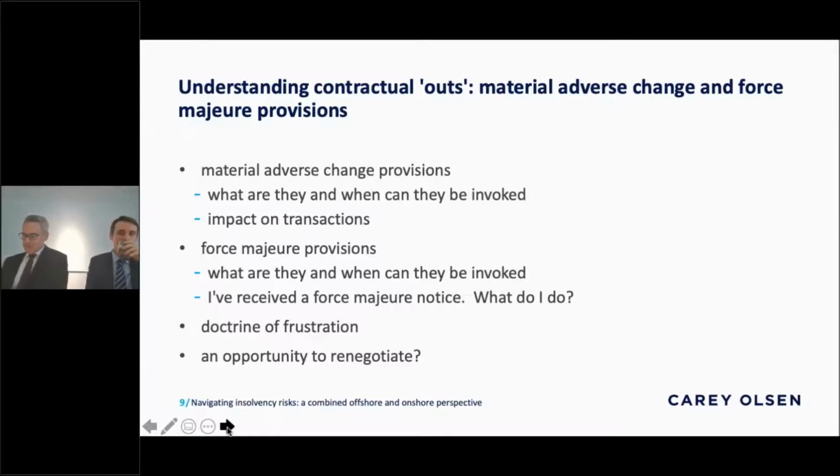So it's absent any express drafting in the agreement itself. Parties will generally want to focus on the nature of the change being relied upon, whether the change was foreseeable at the time of entering into the arrangement. The materiality of the change will obviously also be very important. So the case law currently suggests that the change need not be one single event or occurrence and could be the result of a cumulative deterioration in the financial condition of a party. So it's obviously clear that these provisions are very, very fact specific, depending on the arrangement that the parties have entered into.